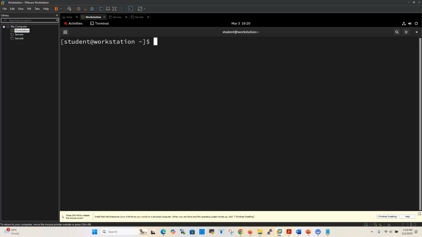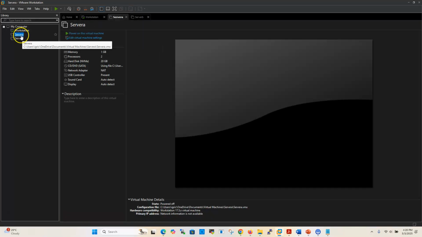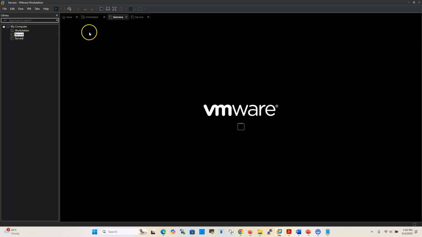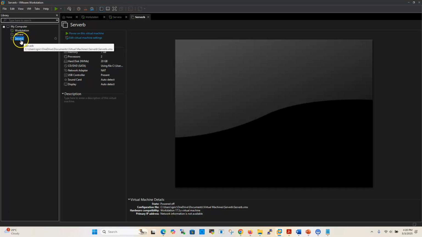Okay, so I'm here. You can see workstation is typed. That is the name of the server because we changed it when we were creating it. But if I type hostname, you will see that the fully qualified domain name, the full host name, is workstation.lab.example.com, but the short name is just workstation. This is on this workstation. But if I go to server A and power it on, and also go to server B and power it on,